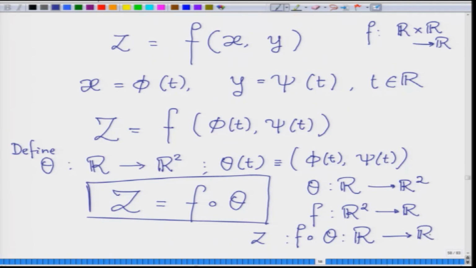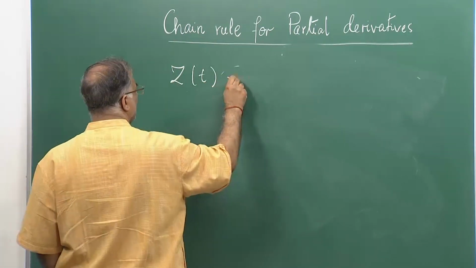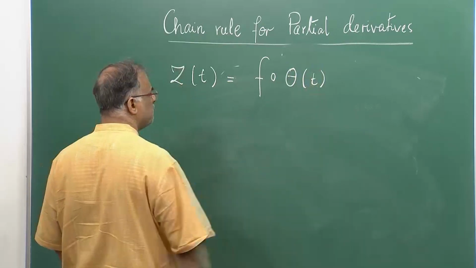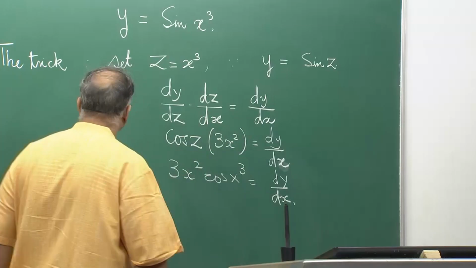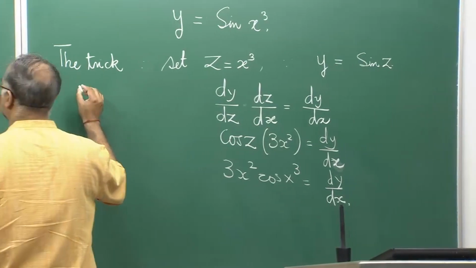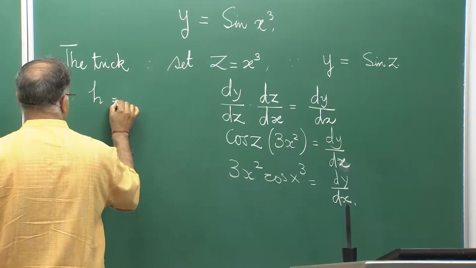So, now we can ask the question, what is dz dt, because this is a function of t. So, in that sense z of t is f composed theta of t. So, if I want to play with this chain rule here, so if I write, for example, say h is f compose g,